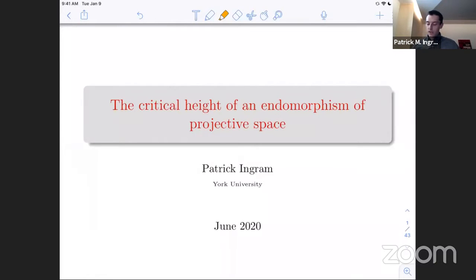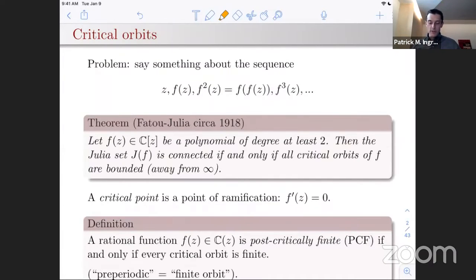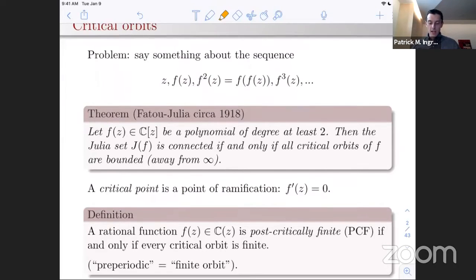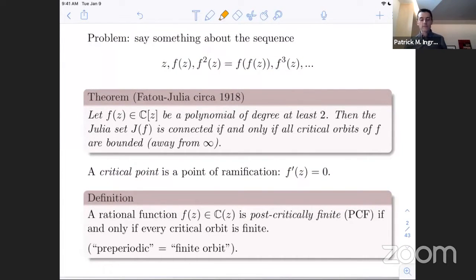So I want to start by just sort of talking about the basic problem. Okay, the basic problem of dynamics is you have some sort of function. I mean, let's be very vague right now. You have some sort of function from a set to itself, and you have some sort of initial value z, and then you sort of repeatedly apply this function and generate a sequence by repeated application of the function. And the question is, what happens? What can you say? Right? And of course, it depends on what the context is, depends on what the structure of the set or the function is.